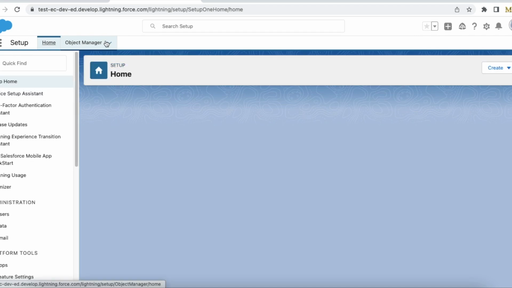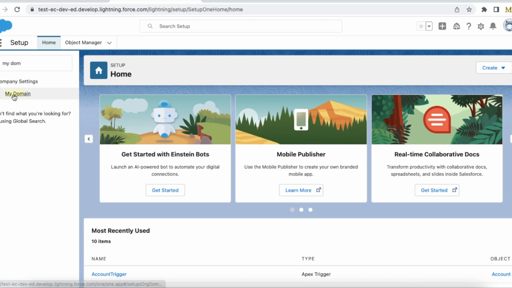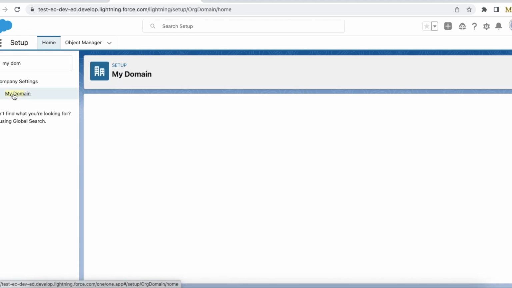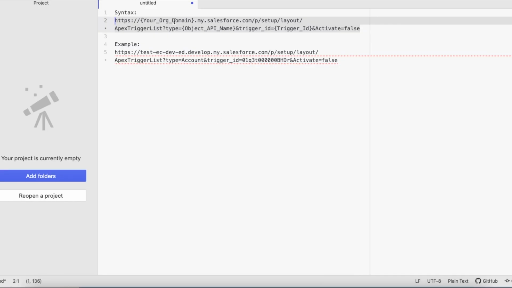go to Salesforce setup, search for my domain, and this is your domain. So get your domain and use that, and after your domain it should be